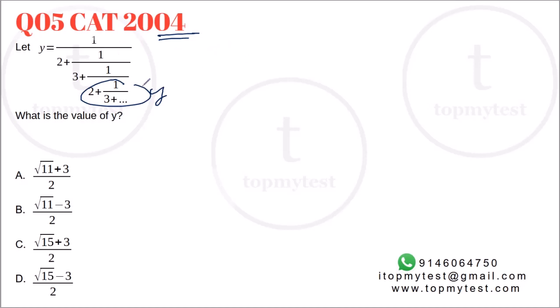We are not going to do it, not enough time to do it. We have the options already. Let's try to solve this. Okay, so again we'll approximate this value. If I take just this term, it is 1 by 2 plus some fraction, right? So your final answer y has to be less than 1 by 2, right? This is 2 plus some number. If it was 0, it will be 1 by 2, right? But this is a positive number. So because the denominator increases, the value of the fraction decreases. So the value of y has to be less than 1 by 2.